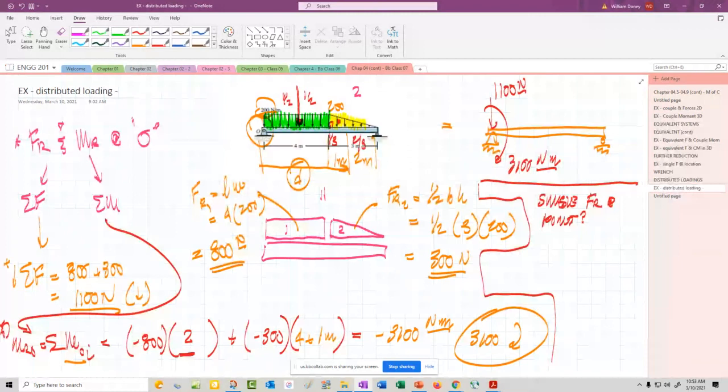So I'm going to set the resultant moment equal to the resultant force times distance. That's 3,100 equals 1,100 times d. And that gives me 2.82 meters. Meaning, if I now slide this force out, I would just have a single force